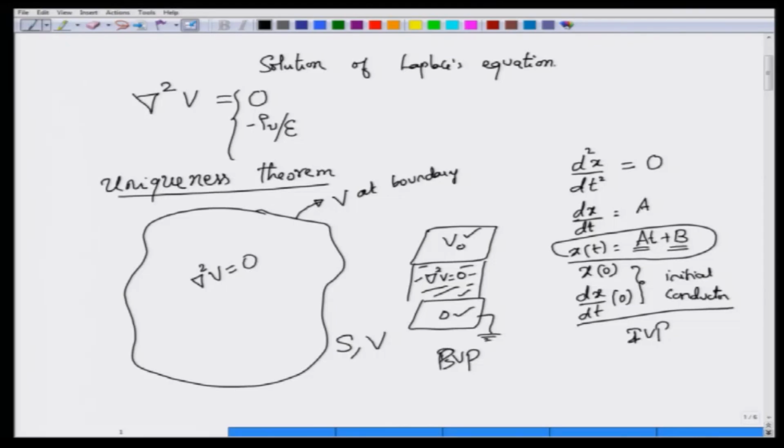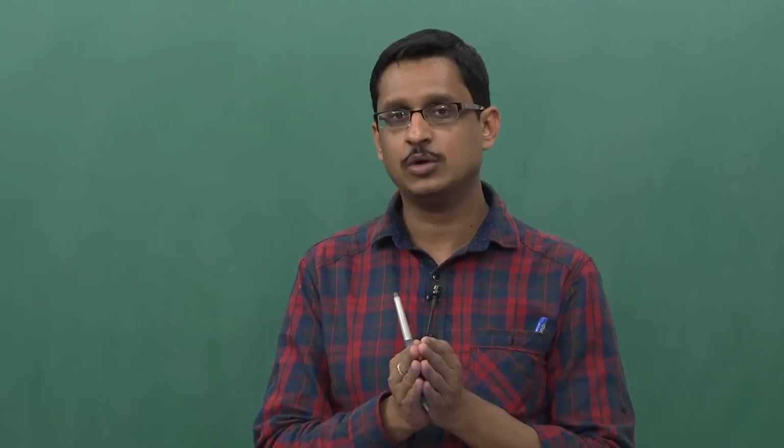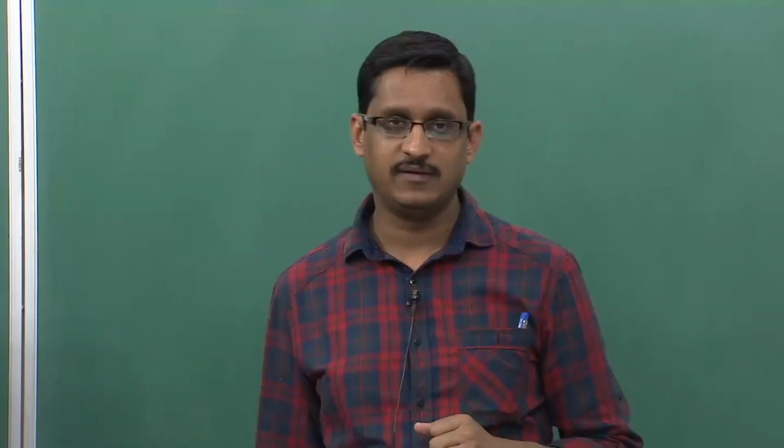They are not mathematically the same, because there exist some important differences between the two. In the initial value problem, you are given the values of x of t and the corresponding derivatives at a given point, and your objective is to find the solution at all later points. So, you start with one point and then move towards the values of x of t at different values of time, trying to find the solution everywhere for time t greater than 0.